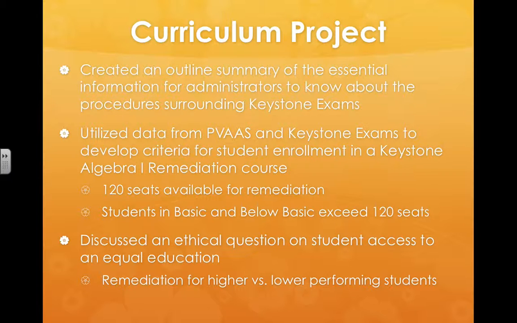And then this was another major time commitment, totaling close to 60 hours of work to complete this project. The system I developed is based on using Keystone exam results and the grade from the academic course the students completed for that year. Pretty much what I was able to do is create a formula to say, okay, if the student scored a 1486 on their Keystone Algebra 1 exam, and they ended up with an 83 in the academic